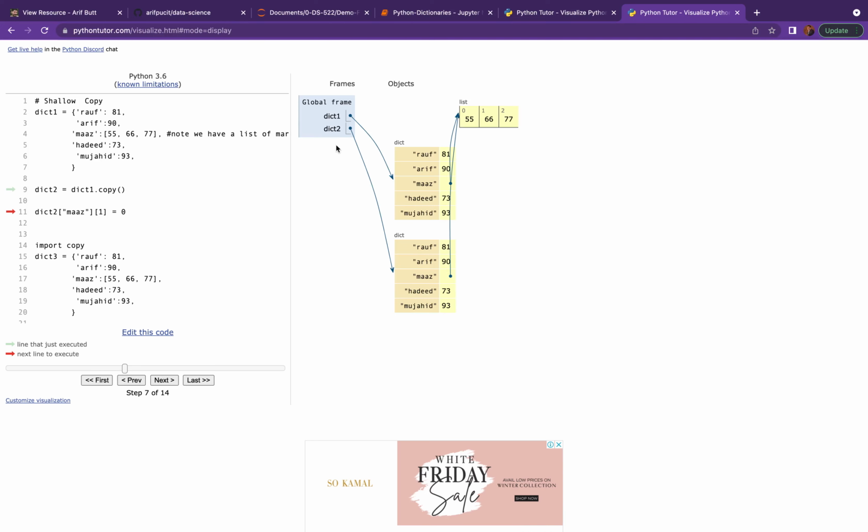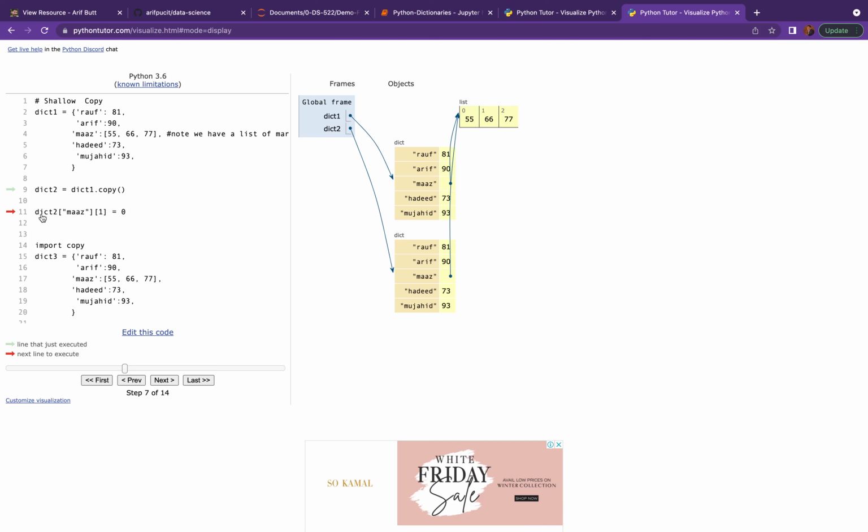Okay, so you see this dict2 reference is created that is pointing to a separate memory object, a separate dictionary object inside the memory. But over here this key value pair is sharing the same list. The nested object within this dictionary is still shared between the two dictionaries.